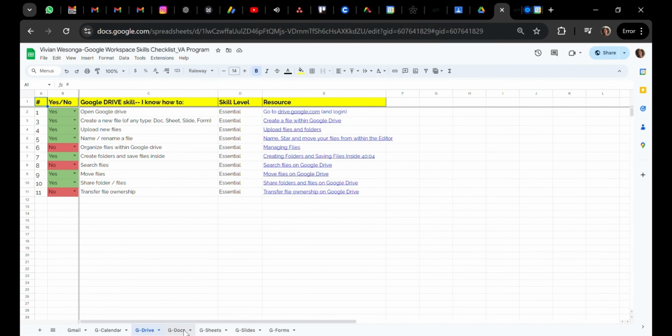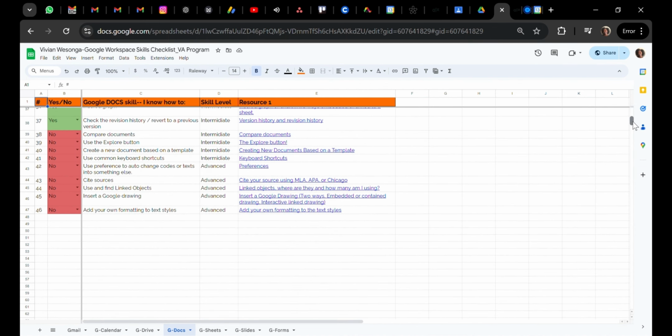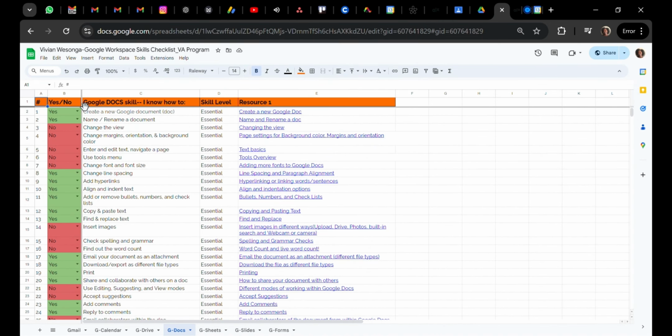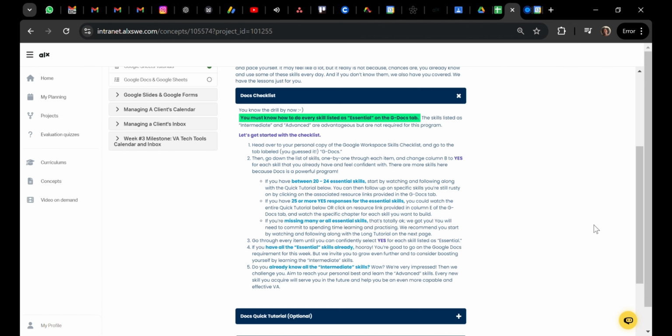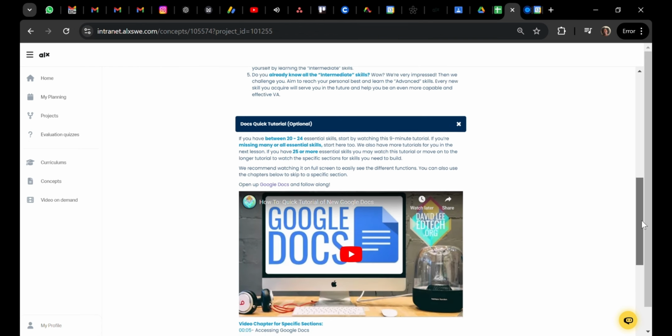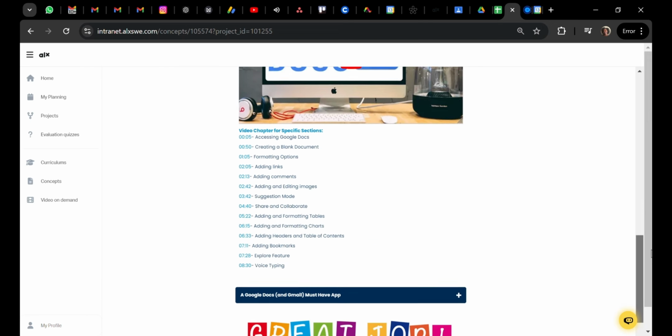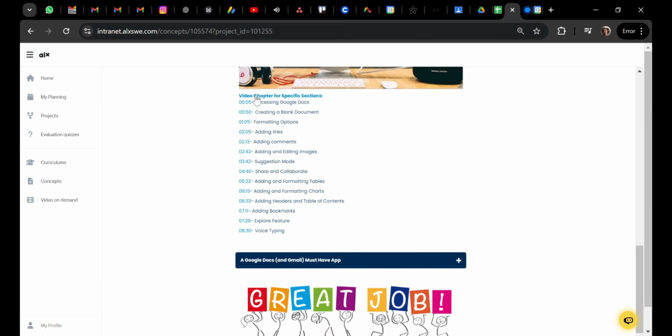You can see I've selected some, and this was the most challenging section. You can see it's like 50-50. So I have part of the skills, I do not have part of the skills. The good thing is they provided videos for you to go through and understand. Then we are going to go to the next section, and these are even additional videos. So besides the ones that are already on the checklist, you also have these ones here, and they have timestamps where you can easily click on what you're looking for. So that's the good thing about this.